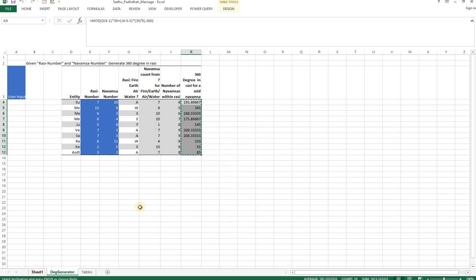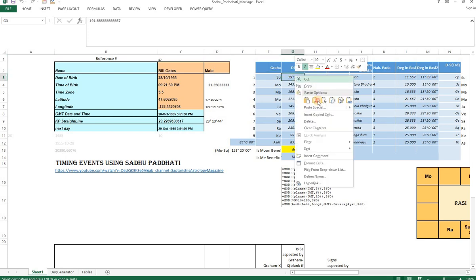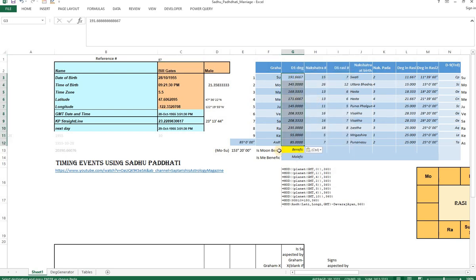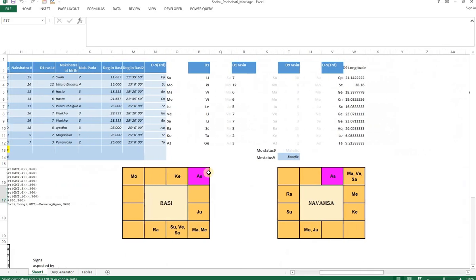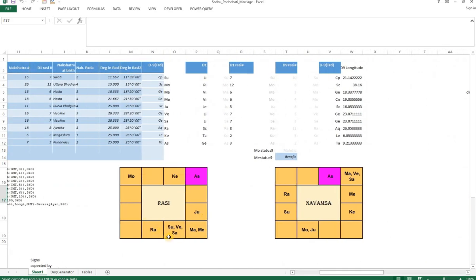You just copy that, go here and paste it here as numbers. So all these are pasted as numbers. Instead of formulas, basically longitudes are directly pasted here. So if you want to get back to formulas, you basically write these formulas here, and that would determine the longitudes from deeper formulas here. So that's one thing. And this Paddhati essentially would first determine, for these charts, as before, done by the Excel,